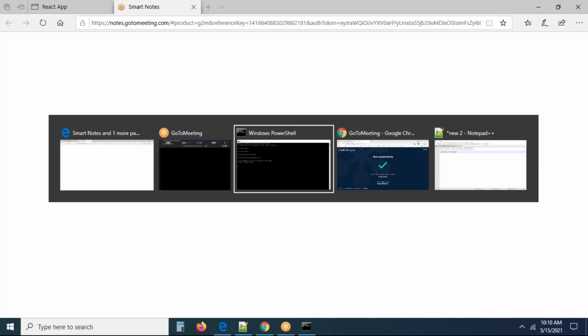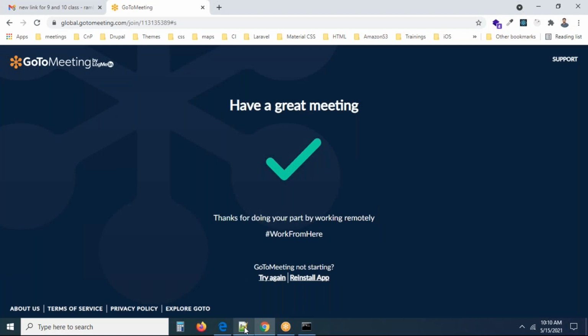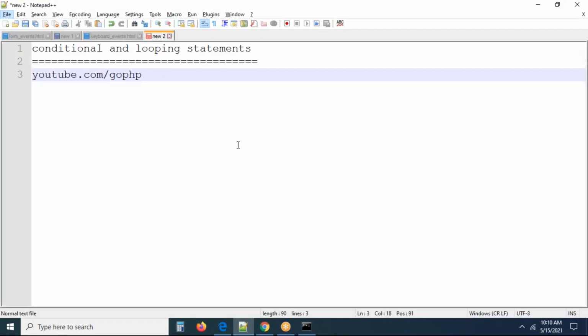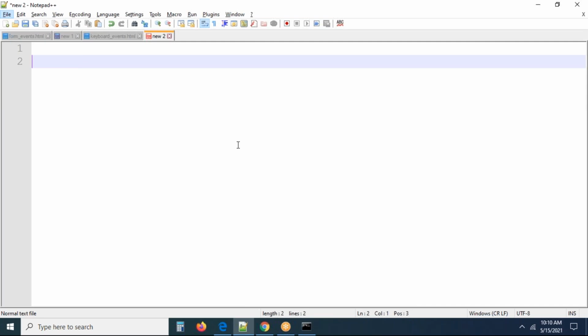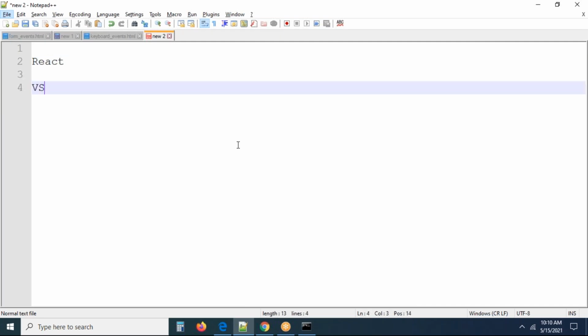So I'm expecting all of you to install the software. Anybody who didn't, let me know. If you're unable to install the software, we will check here again, please. So all of you install Visual Studio Code, and two things: React should be installed in your computer, and Visual Studio Code also should be installed in your computer. So I hope all of you are done with your installations. Anybody who is having any problems with the installations, let me know.